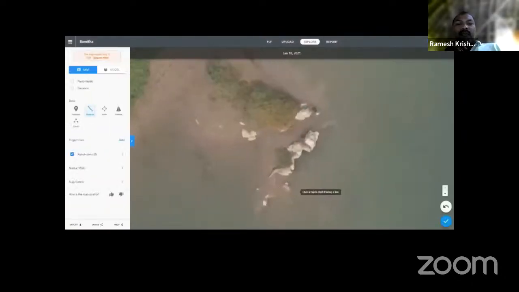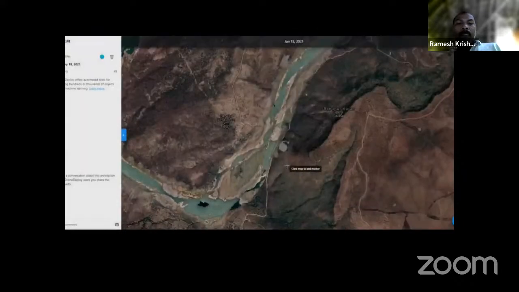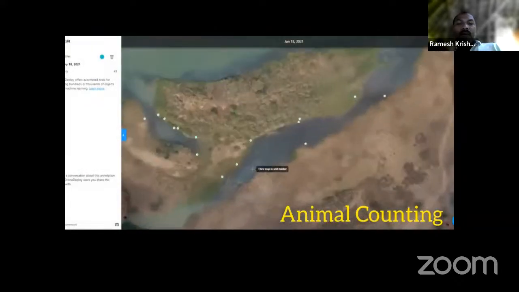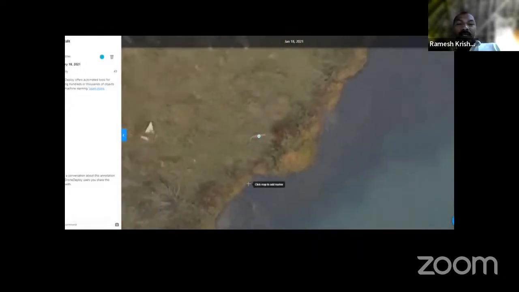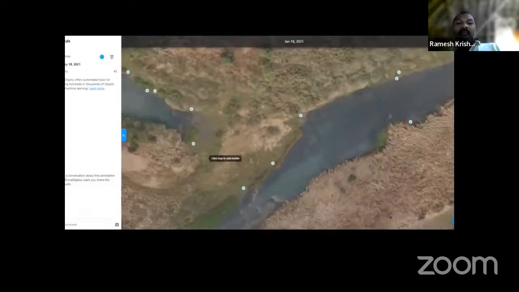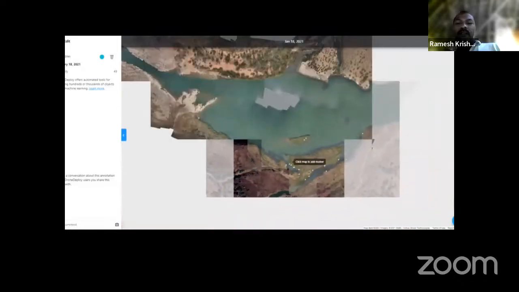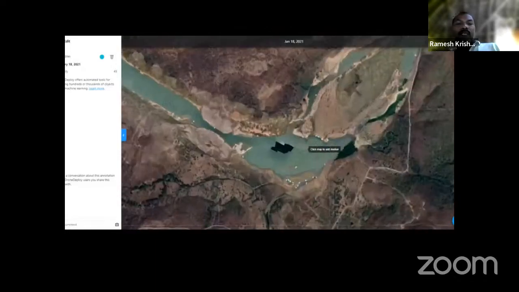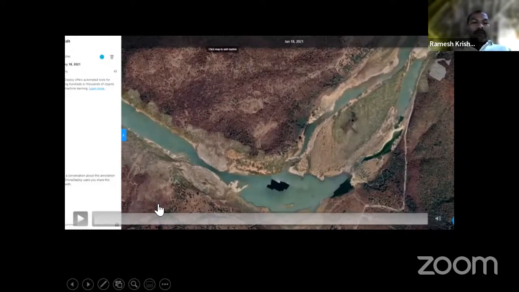So these are things that are possible with these drones. In Panna, on the Ken River, we could monitor crocodiles through this high resolution drone. You see all these points, we could see where all these crocodiles are. So we can even count them and get measurements done. Otherwise it is never possible to get a population estimation of the distribution of crocodiles all across a very steep, inaccessible river.